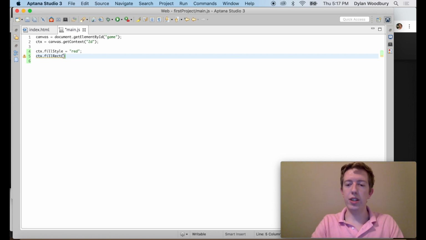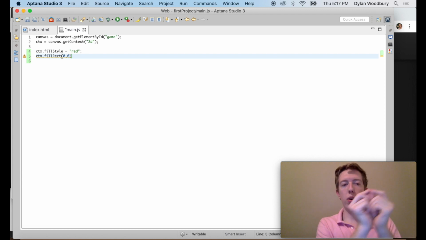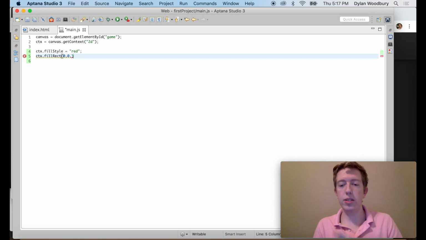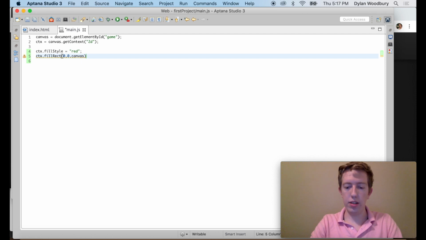So first hit 0, 0. So this is telling the computer, okay, this rectangle, I want you to start at 0, 0, the origin of the canvas. Hit comma again. Okay, this next space is going to be where we tell the computer how wide we want the rectangle to be. So for this case, I want the rectangle to be as large as the canvas to fill up the whole space. So to do that, write canvas.width,